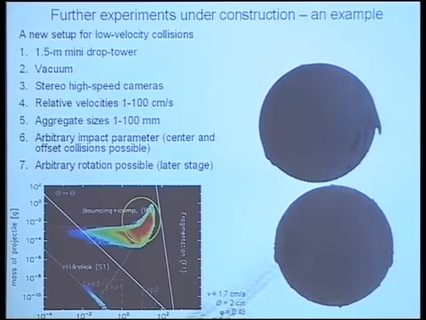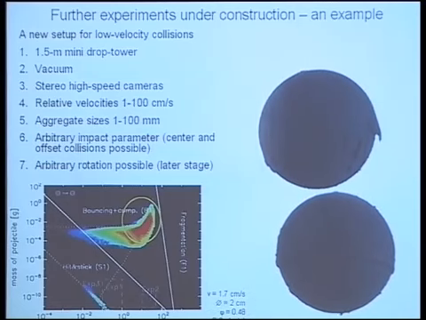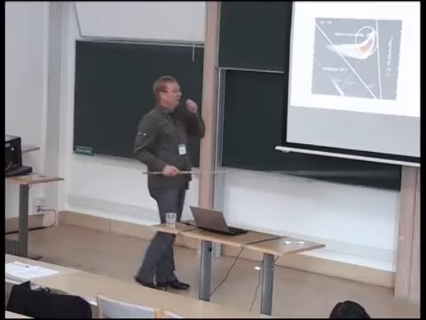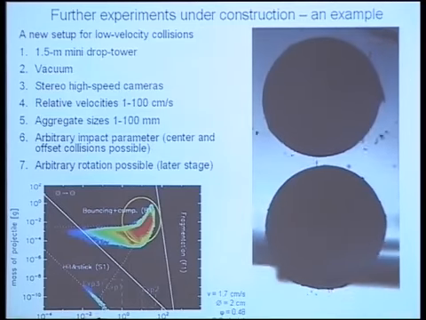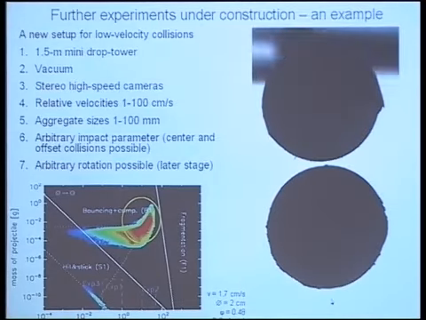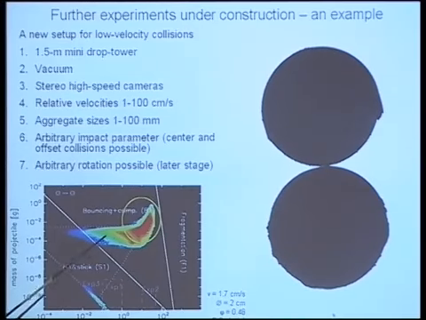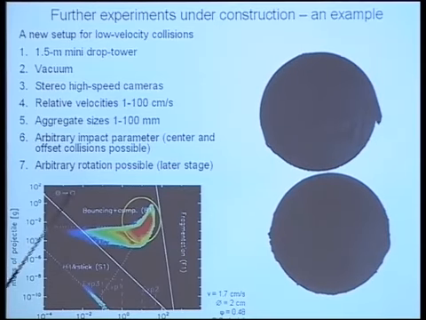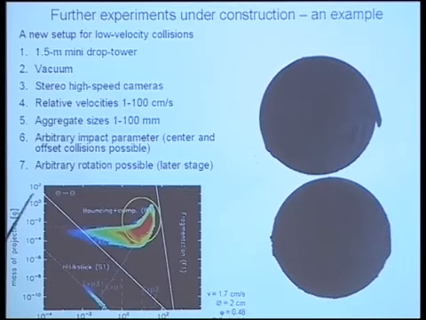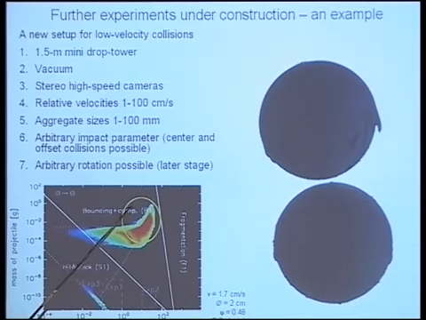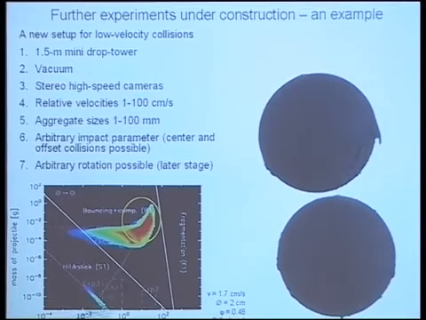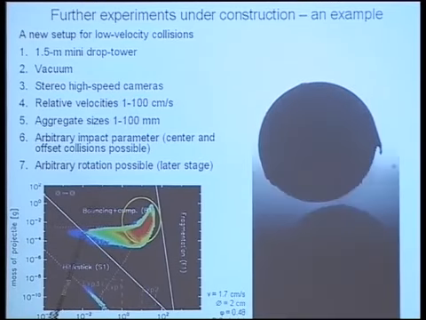Filling factor is 48% of both particles, and we have just started to investigate these collisions. They are all bouncing. So even at 1 or 2 centimeters per second, we didn't find sticking. So we are in the bouncing regime, that's fine. So it is compact on compact, equal size. Centimeter is gram, so we are about here with the experiment in this corner. This is not a valid corner, but we go down in size. It's a bit more complicated.